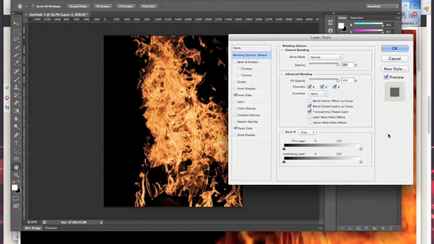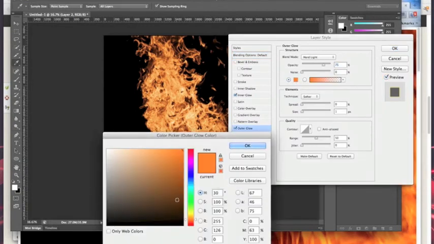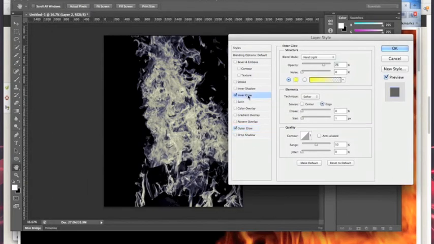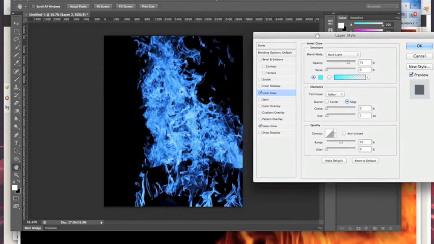If you want to edit it, you can just go back in and change either the inner or outer glow, and see the yellow and the orange sort of mixed together, and you get the realistic flames. If you wanted a custom flame color such as blue, you could have a rich blue there, and then for inner glow you choose a much lighter blue, sort of like a sky or an aqua blue, and that's how you have a blue flame,